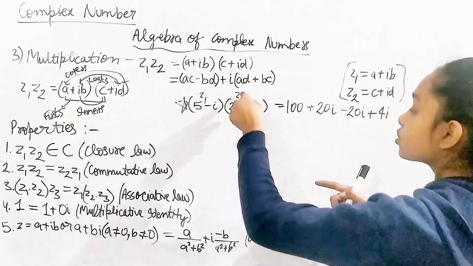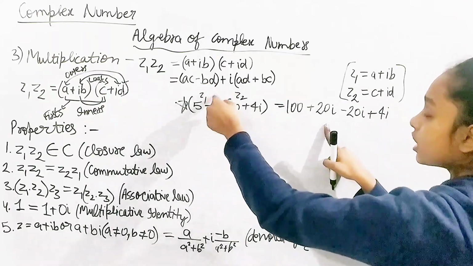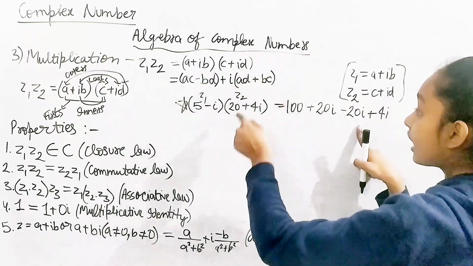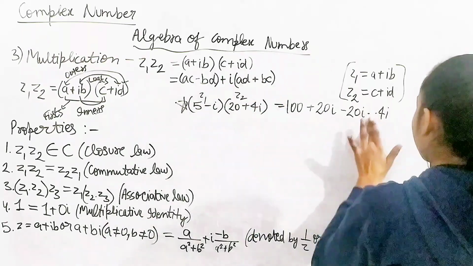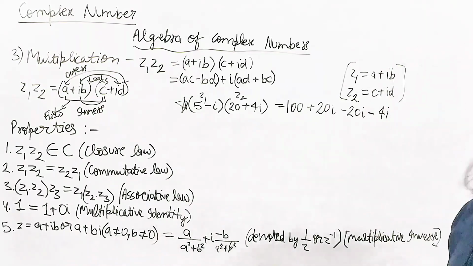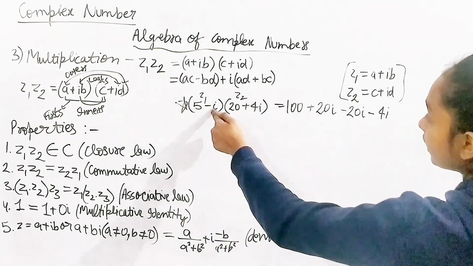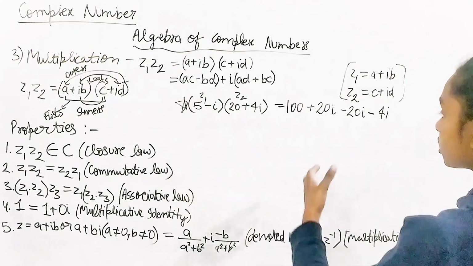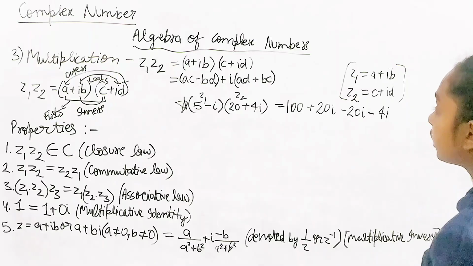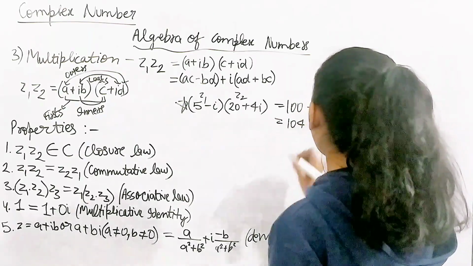So what I'm saying is, this 100 plus 20 iota we got. So 5 with 20 I got 100. 5 with 4 I got 20 iota. Negative iota with 20, I got negative 20 iota. Iota with 4, I got, oh, okay. Now I got it. So it's going to be negative. So iota with 4, as 1 here and 4, 1 into 4 will be 4, and iota was common, so I just put it. So, finally I got 104,